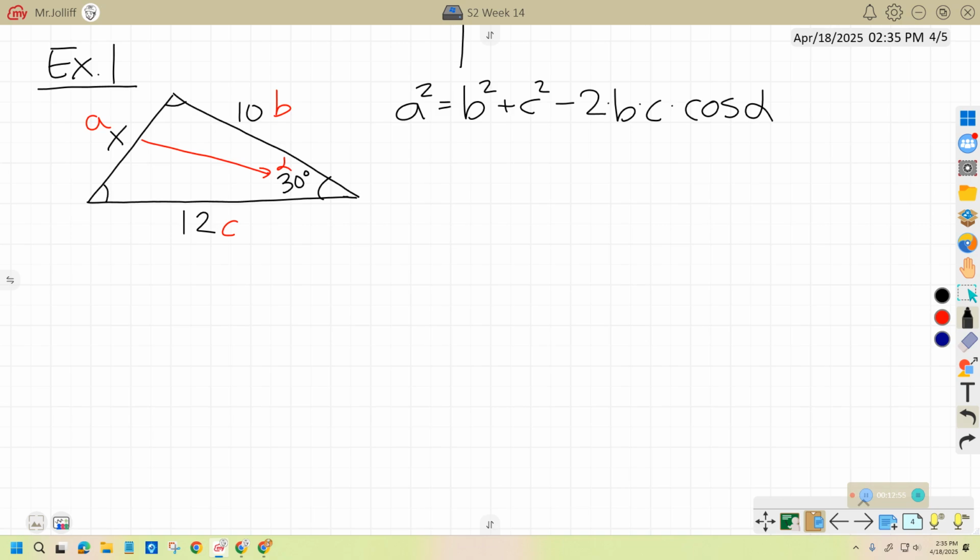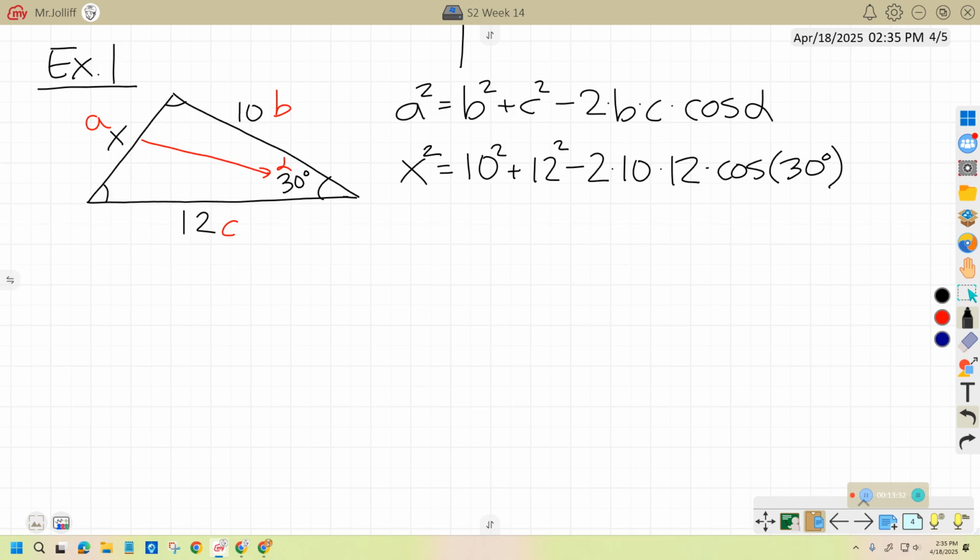So a squared is being called x in this problem. b is 10. c is 12. minus 2 times 10 times 12 times cosine of, and alpha is 30 degrees. This is ready to be plugged in a calculator. Before we do that,